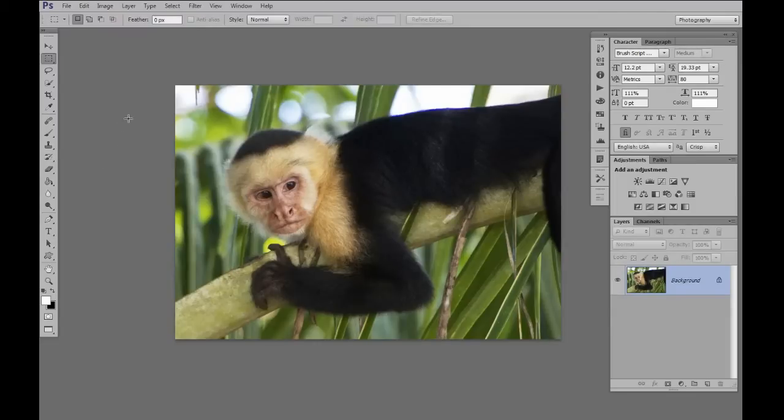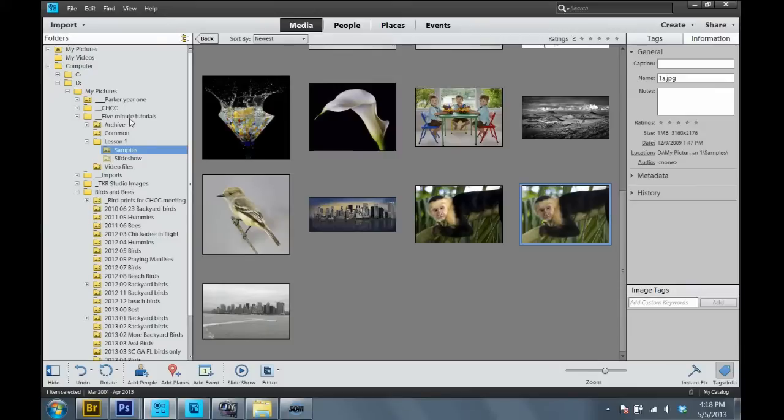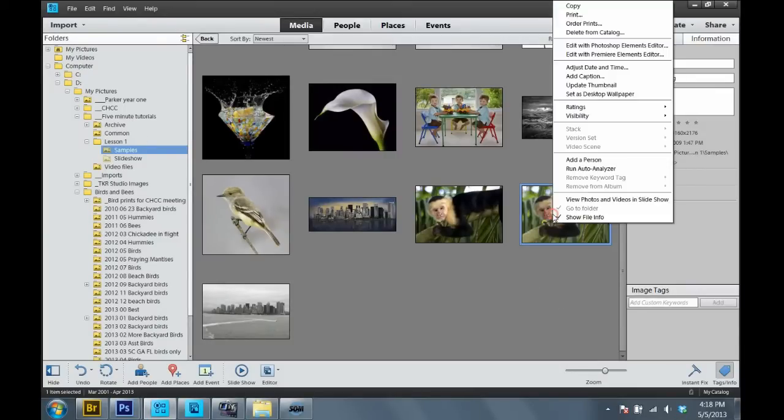I just wanted to show you a quick and dirty way to do a brightness and contrast adjustment to an image. And now I want to jump over to Elements and do the same thing within Elements, just so you Elements users know how to do it. Use the PC shortcut to get to Elements, holding down the Alt key and then pressing Tab repeatedly until I see Elements Organizer, and here we are. To open an image in the Organizer, you right-click on it and then select Edit with Photoshop Elements Editor,